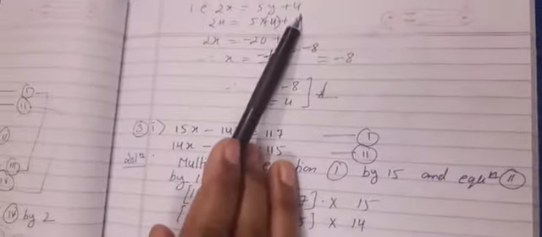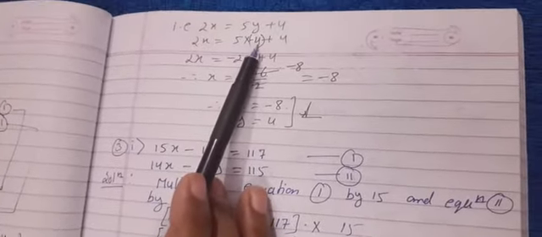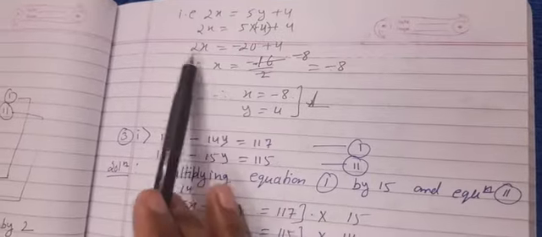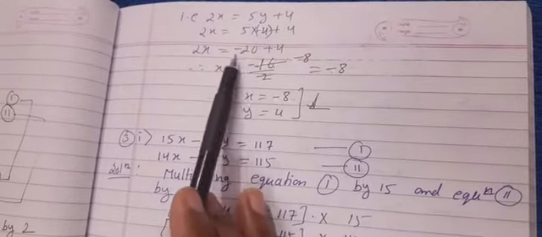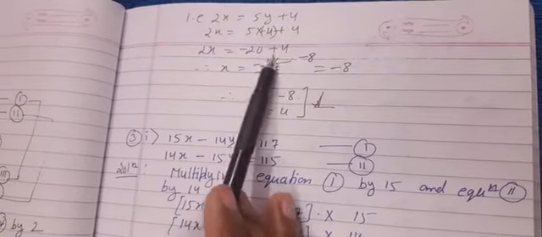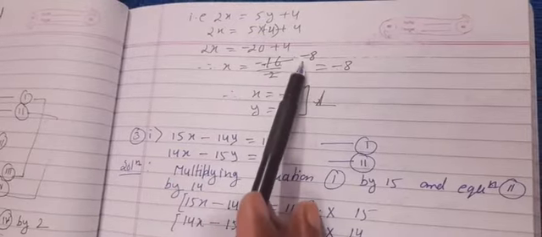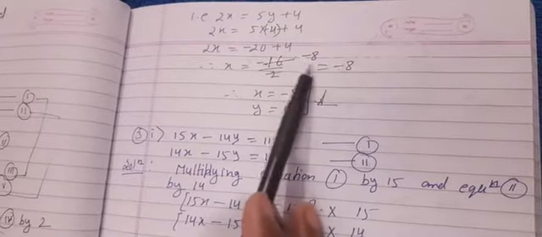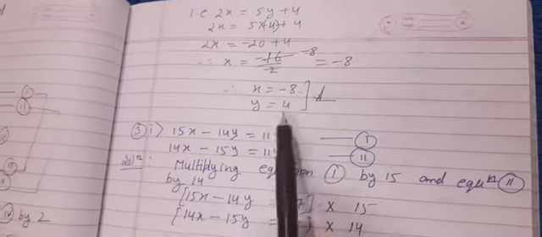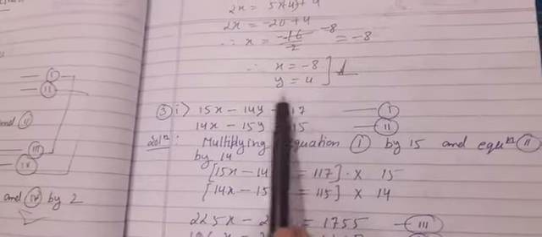So I copied the equation: 2x plus 5y is equal to 4. That is, 2x is equal to 5 into minus 4, just now we have calculated this value, plus 4. Then 5 fours are 20, so it is minus 20 plus 4. So 2x is equal to minus 20 plus 4, which means minus 16. So 2 will divide, and it is minus 8. 2 eights are 16. So x is equal to minus 8. So these are the two answers, the two values of our variables: x equals minus 8 and y is equal to 4.